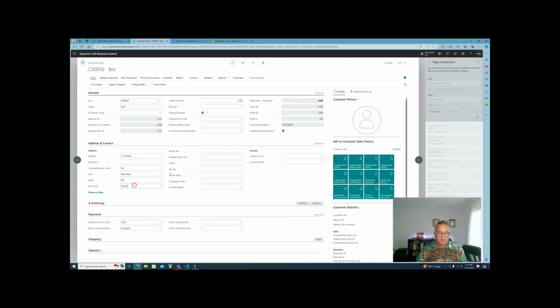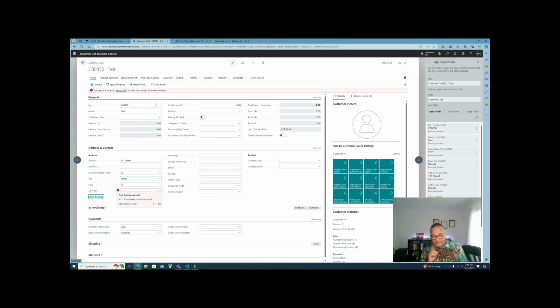And the system automatically picked up if I deleted the one that was picked by the system when we selected after we entered the Tampa record, we got an error. Here we can see that if we try to validate an empty zip code for the city Tampa, we also have an action here on this error. Set the value to 34211,